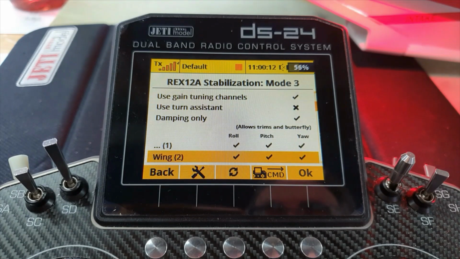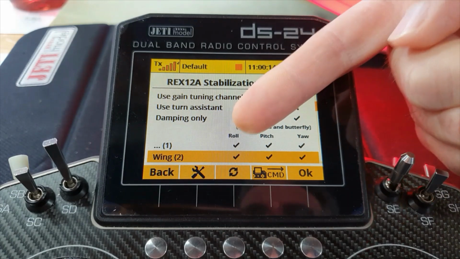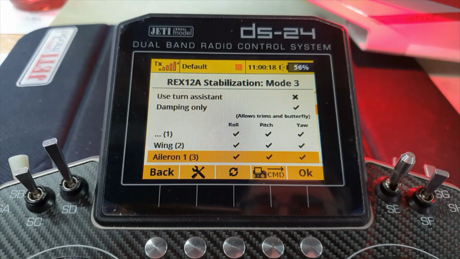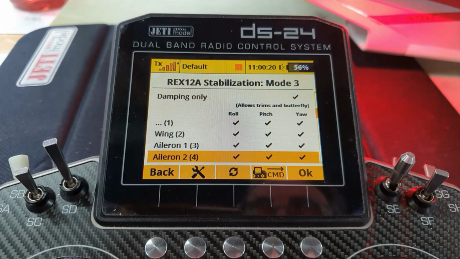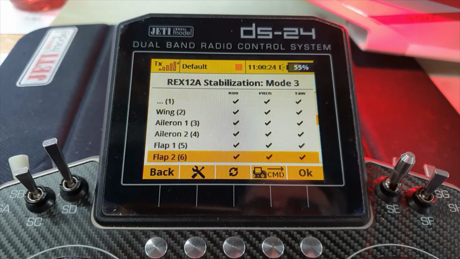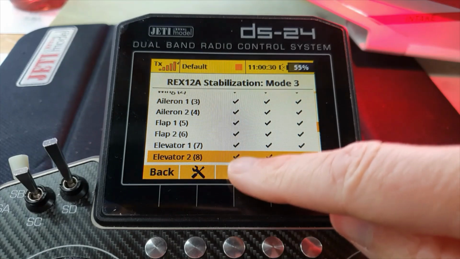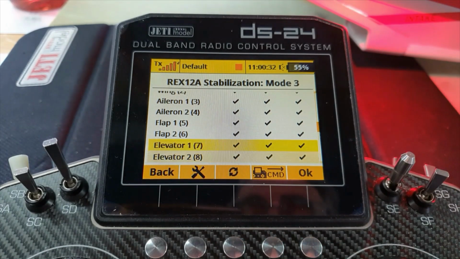Come down here. Notice the first column is roll. That's the one we're after, not pitch and yaw. We'll leave them alone because the aileron servos won't be responding to pitch and yaw anyway. And we can go down and see that the elevator servos will be getting gyro in roll and pitch, which is good. So we come up here to the ailerons and switch off the roll response just by pressing the